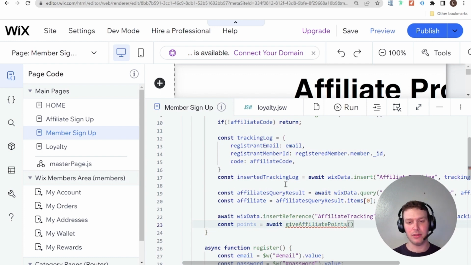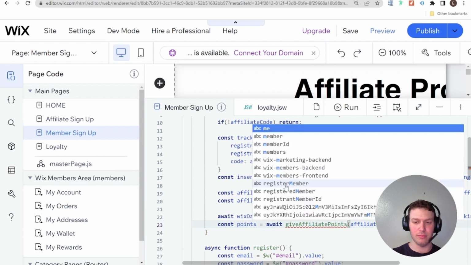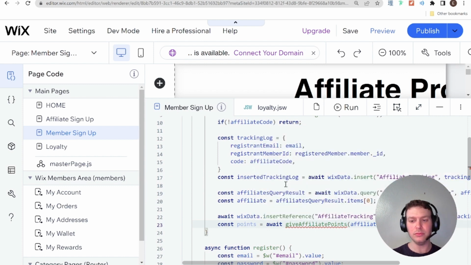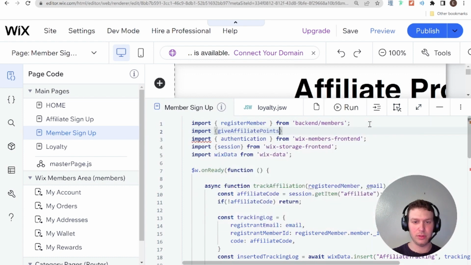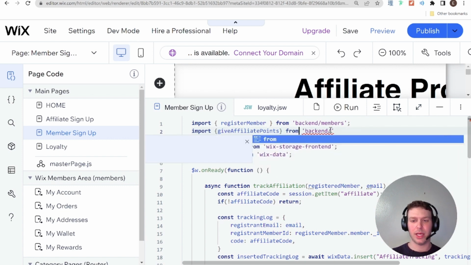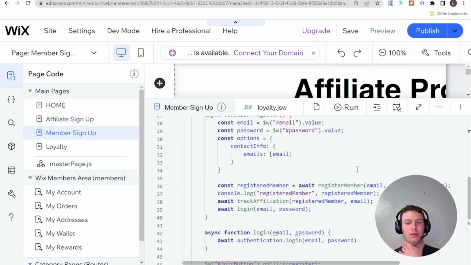And what we need to pass in here is the member ID of the affiliate. So that will be affiliate dot member ID. And we need to import this from the backend. So we're going to import from backend slash loyalty. Okay,